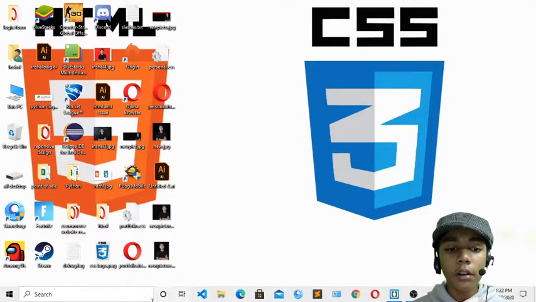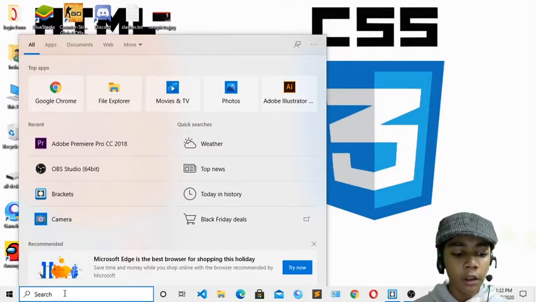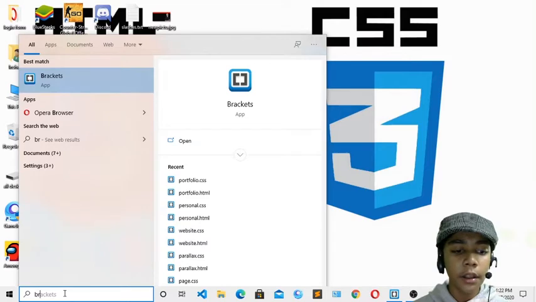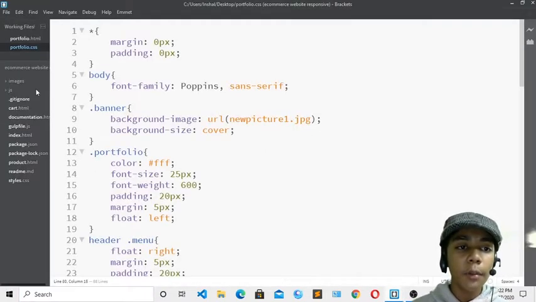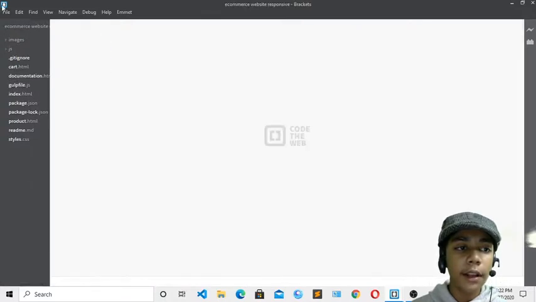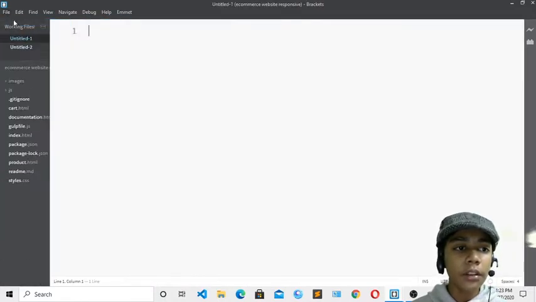First of all, you have to open your text editor. Like previously, we are working with our Brackets text editor, so today I will also open Brackets. Here you can see I have opened my text editor, and I will close those files, go to File, and take two new files. As you all know, one is for HTML and the second one is for CSS. I will save these files.